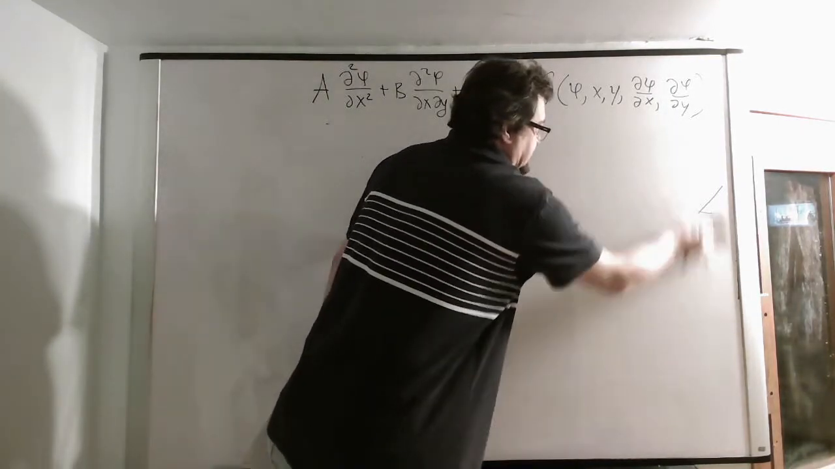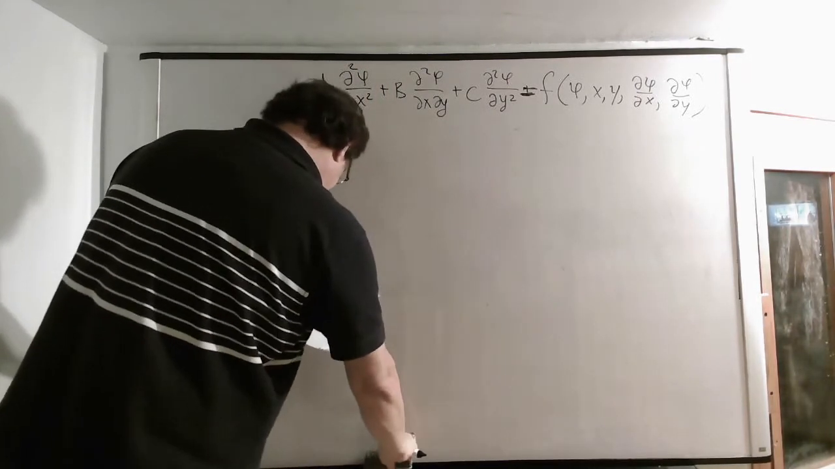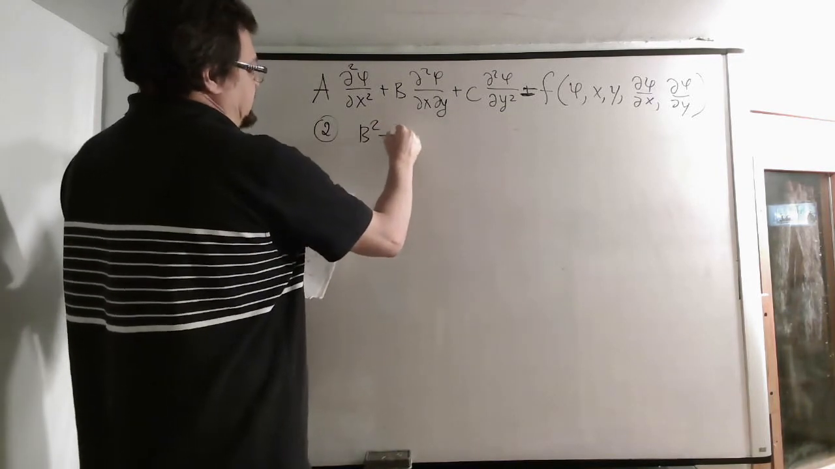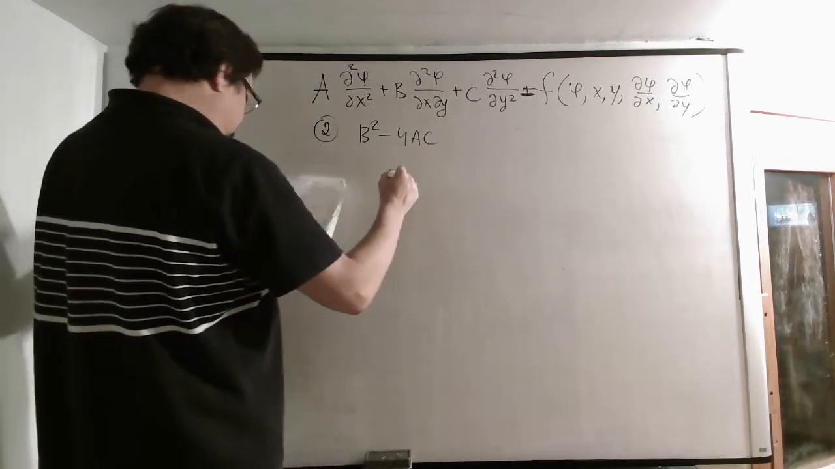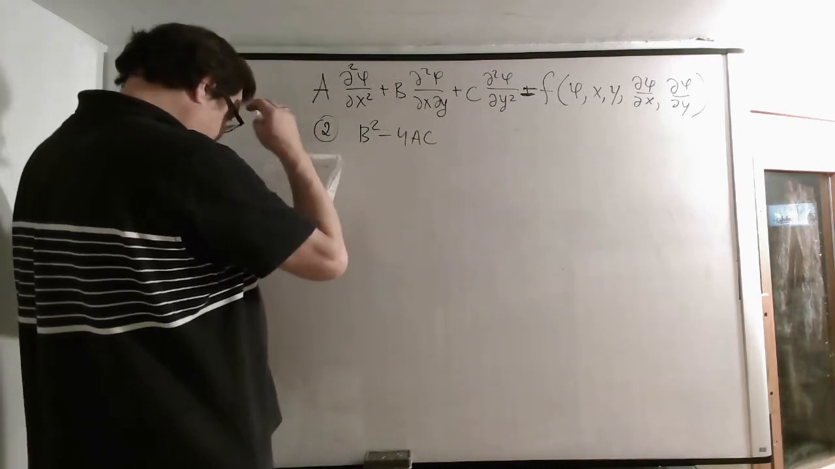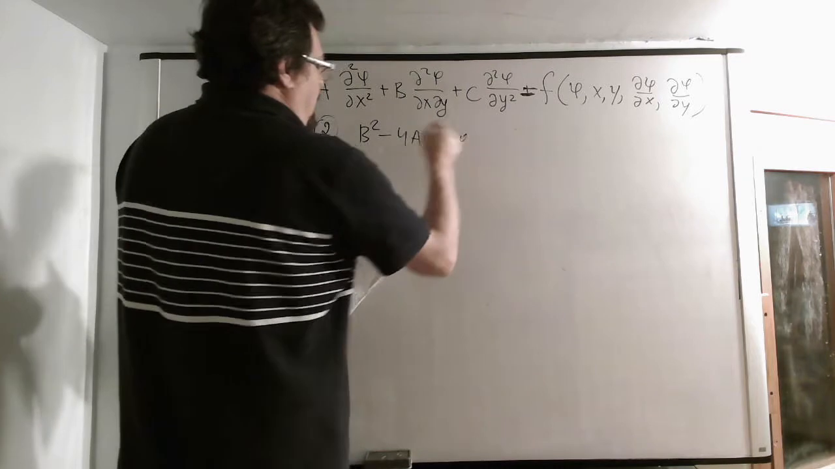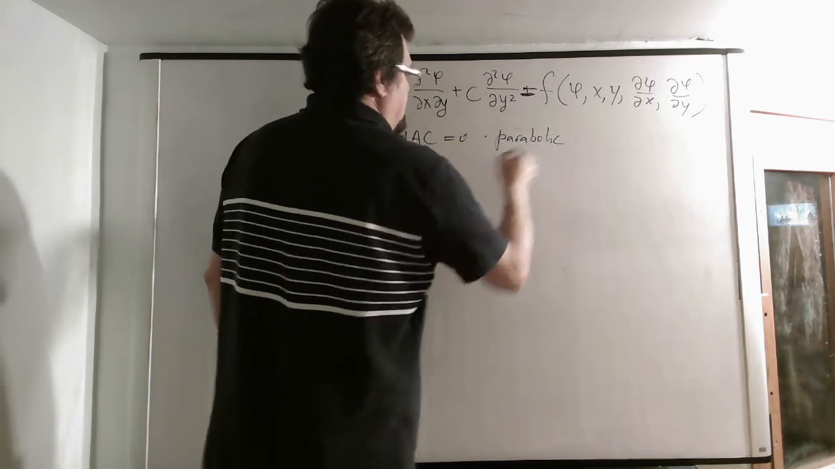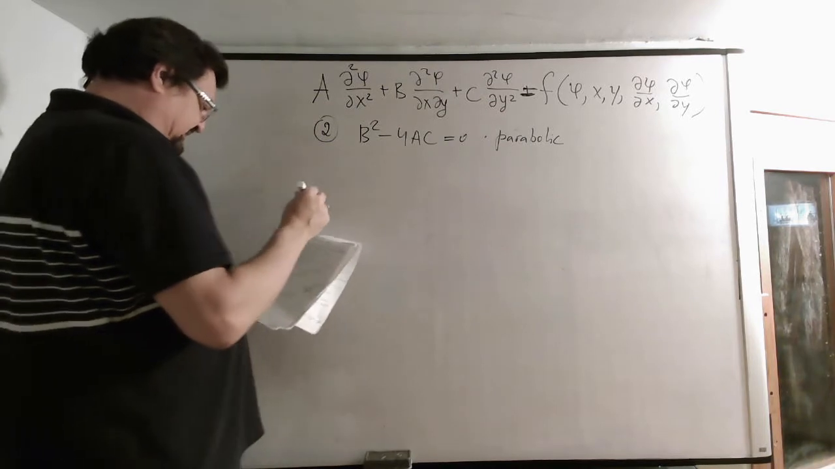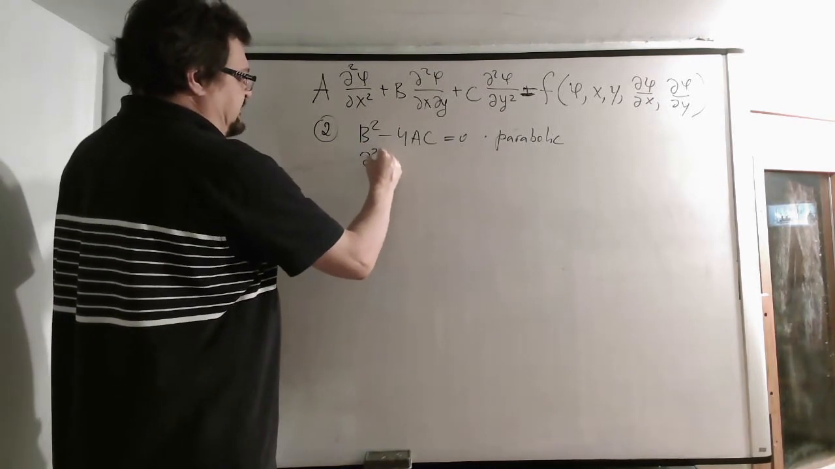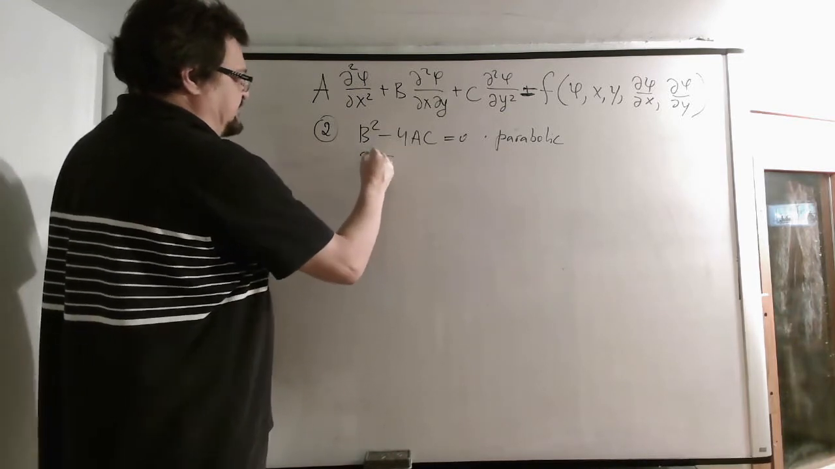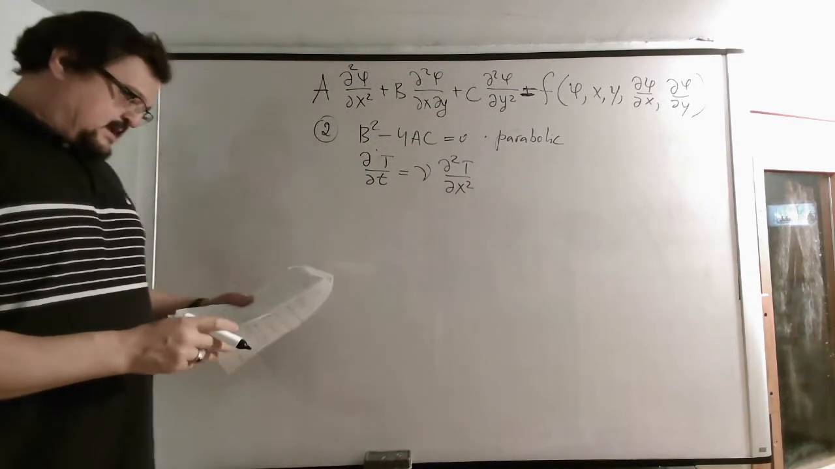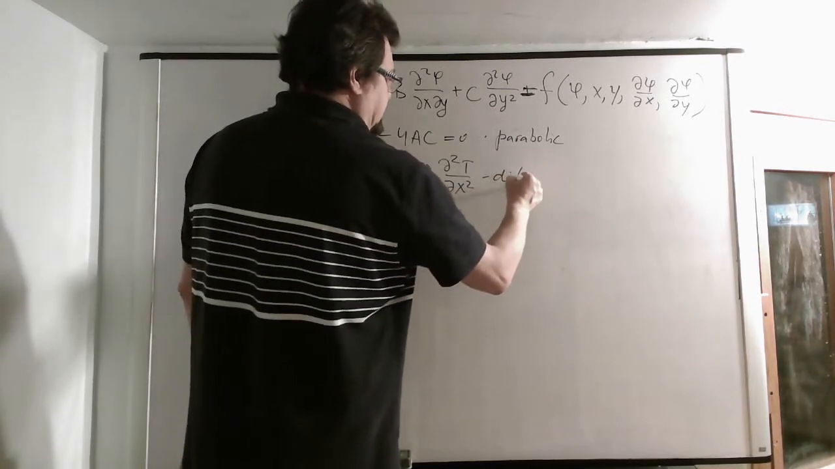So another type of differential equation is parabolic, which is when b squared minus 4ac equals 0. This is parabolic. And the example of that is the diffusion equation. So the first derivative in time, the rate of change in time of, say, temperature, equals the diffusion coefficient times the second derivative in space. And that's the diffusion equation. That's a typical example